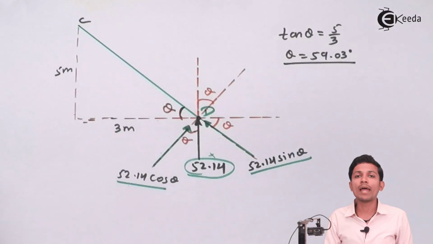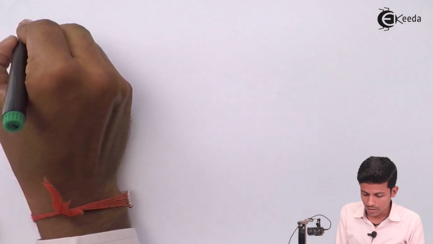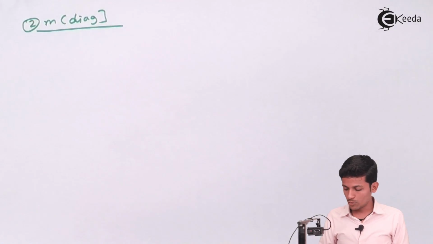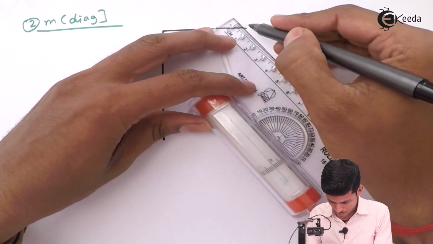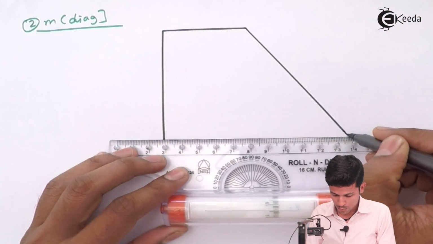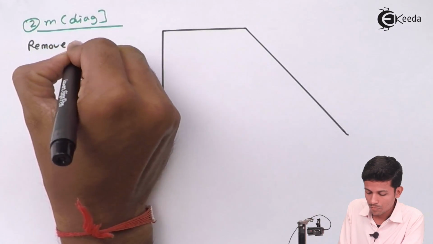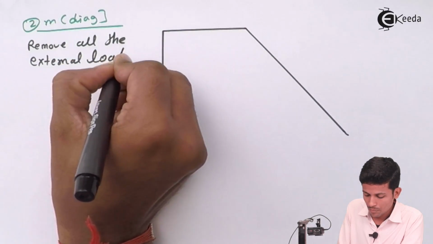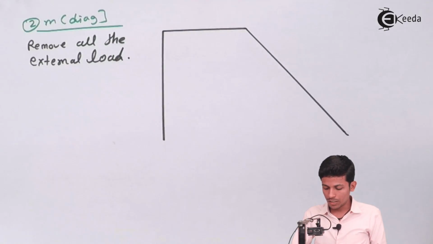Our next step will be the small m diagram. Now draw this. The second step will be the small m diagram. Okay, now for the small m diagram, the m dash diagram, remove